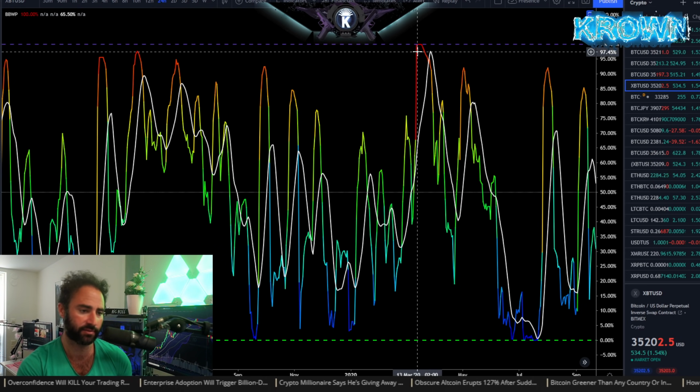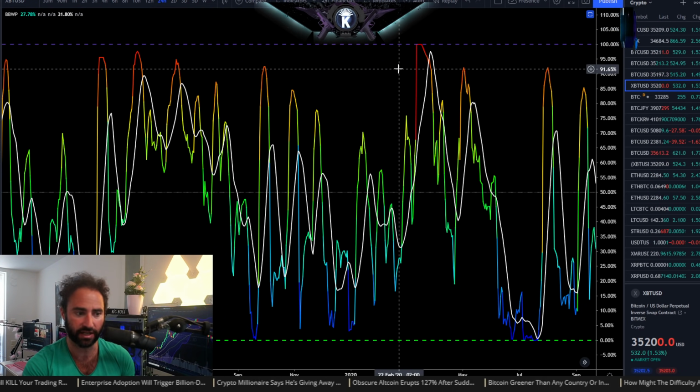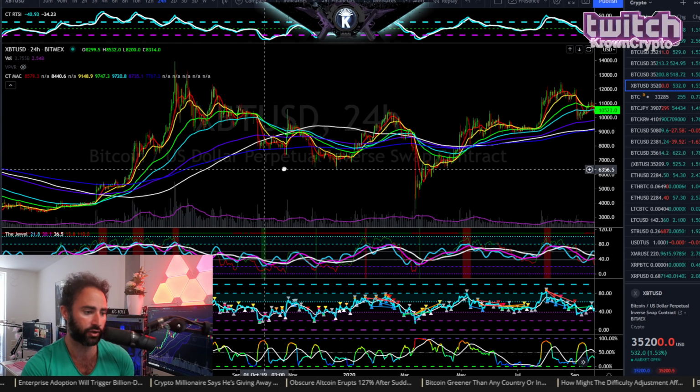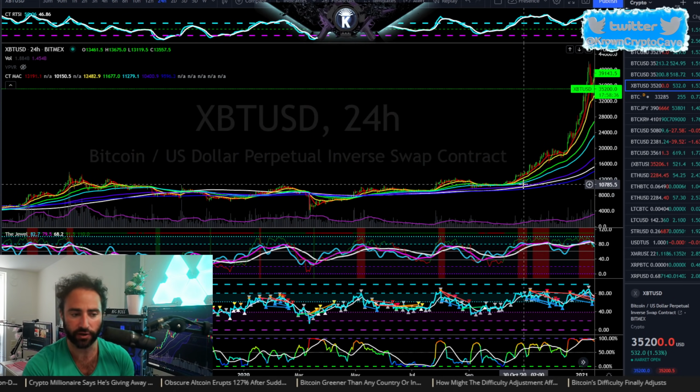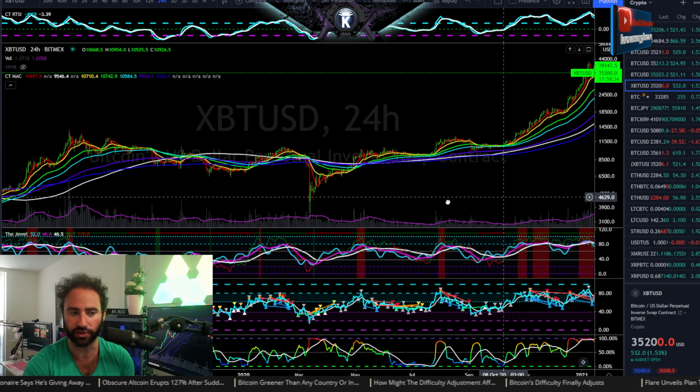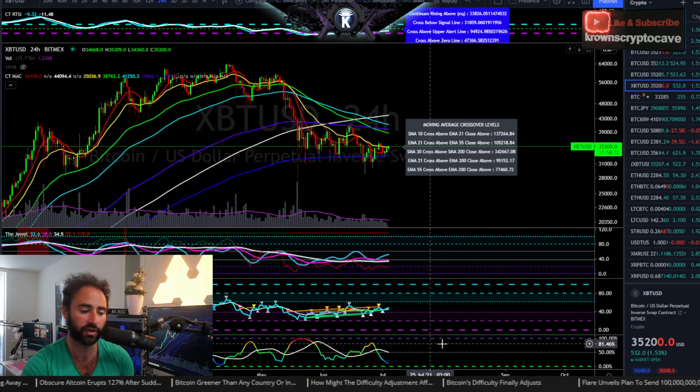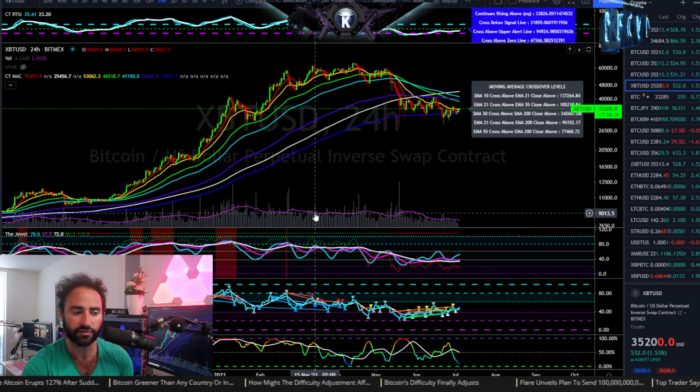Only a couple of other times in the last few years. That would be your coronavirus dump time right here, of course. That would be your 6,000 to 3,000 move right here as well. And that tells us that we are at extremes, and you expect to be at extremes when you are potentially at macro lows. So we did hit that, yes, but then the next two conditions that I wanted to see on that are